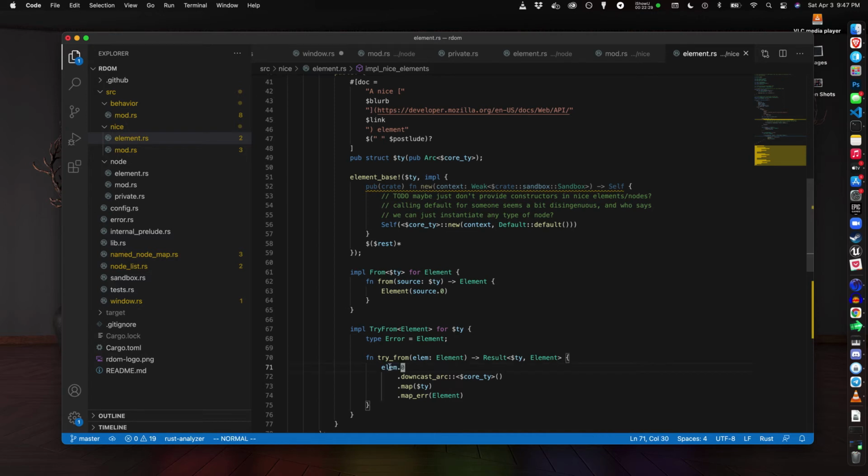Wrapped, when I say wrapped, I mean nice. We have the nice type, the Arc inside of the nice type, and we are casting that to the non-nice type, so the core type corresponding to it. So if we had a nice HTML button element, we're casting to a core HTML button element. And if that works, we're going to map the value that was returned by that